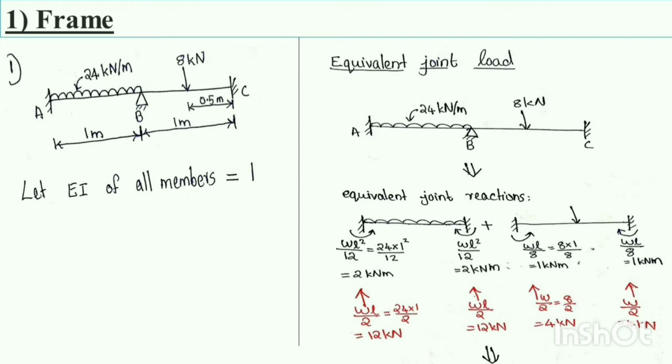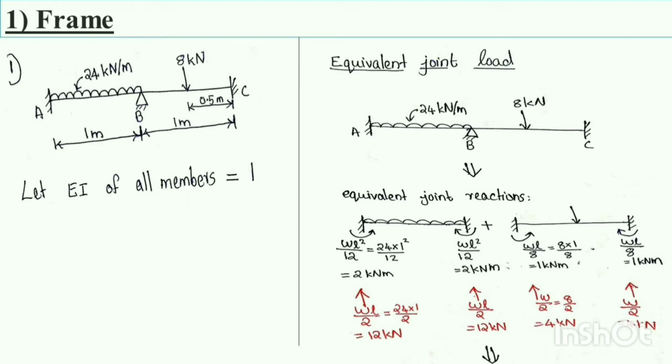That is, in direct stiffness method of analysis, we assume that loads and moments are acting only at joints. So if there is a member force, we have to transfer it to the adjacent joint. Okay, now we can look how we are transferring these forces. First we can find equivalent joint reactions, and the forces will be opposite to that of reactions. Okay, so we can split the frame into AB and BC, and we assume that the ends are fixed.